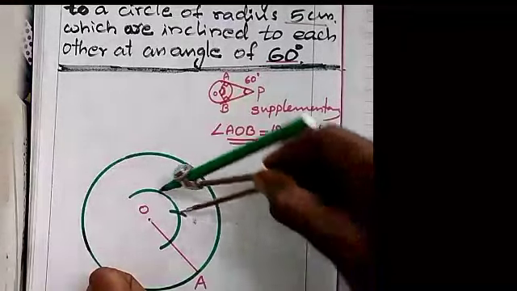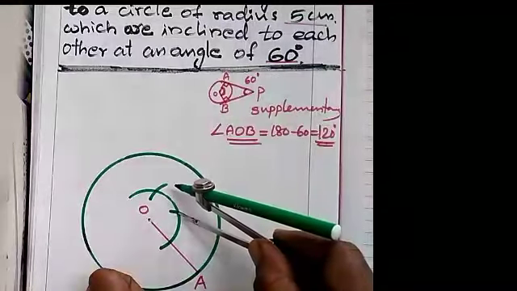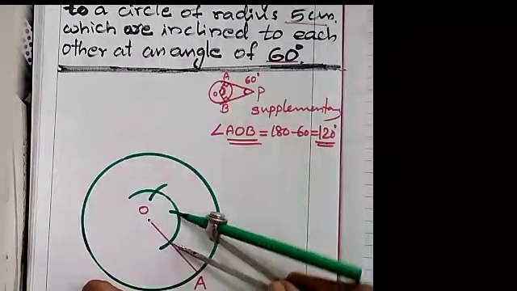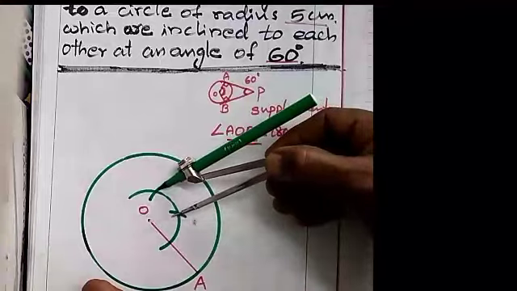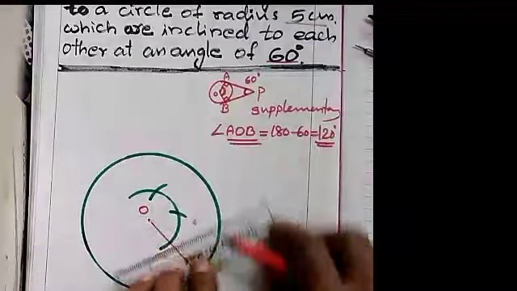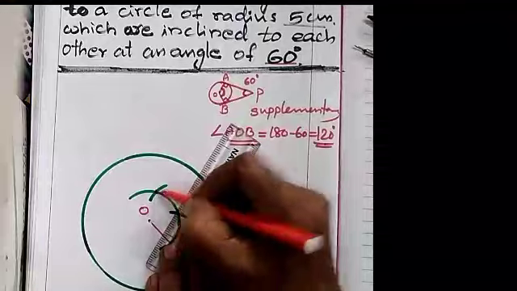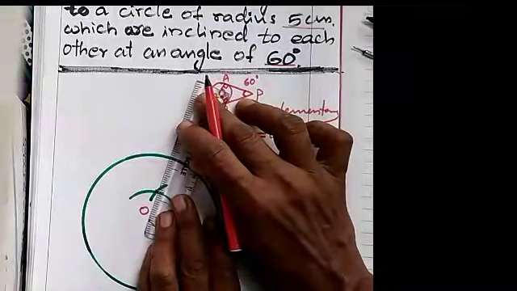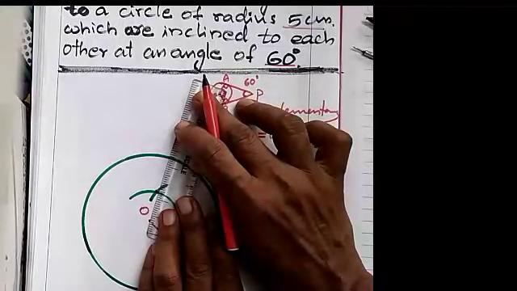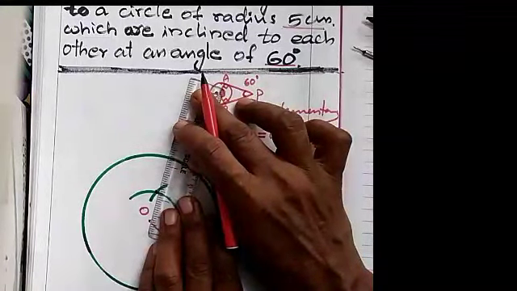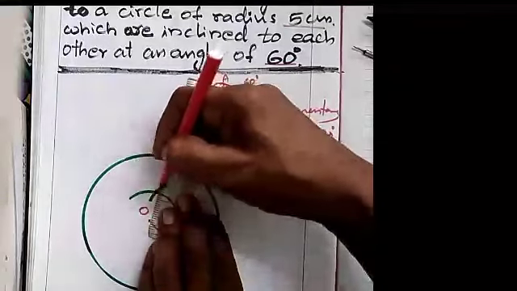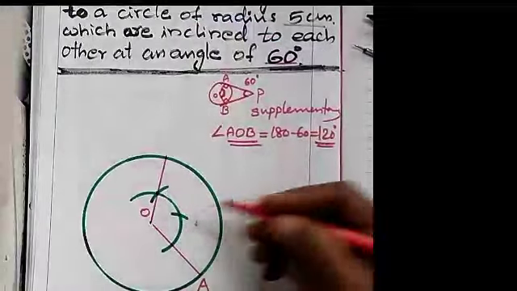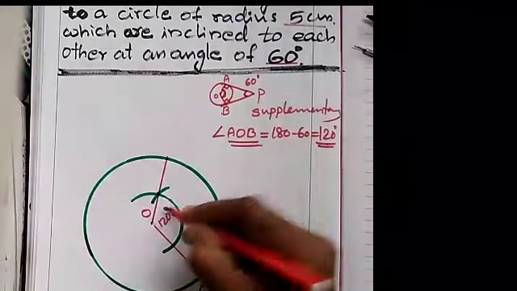And from this new point, you are drawing one more arc. Understand? So, with any radius you are drawing an arc, and from this point, again with the same radius, one more time. The intersecting point you are joining with the center. So, this angle will be what? This angle will be 120 degree. Okay, so this angle you got as 120 degree. Now, the construction of 120 degree is done.